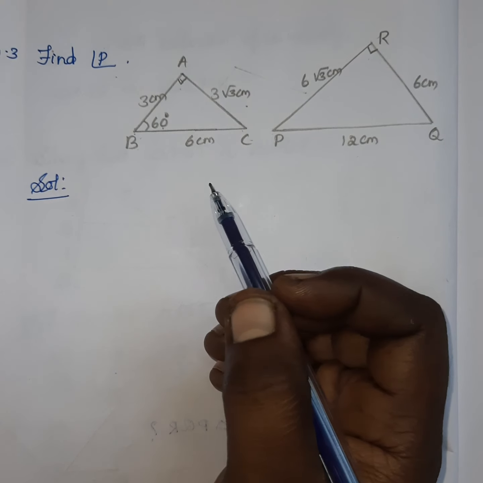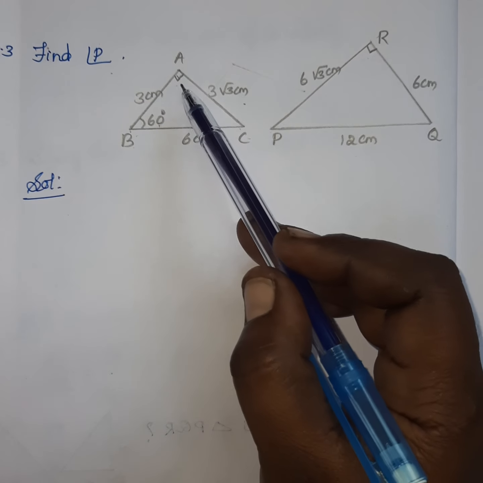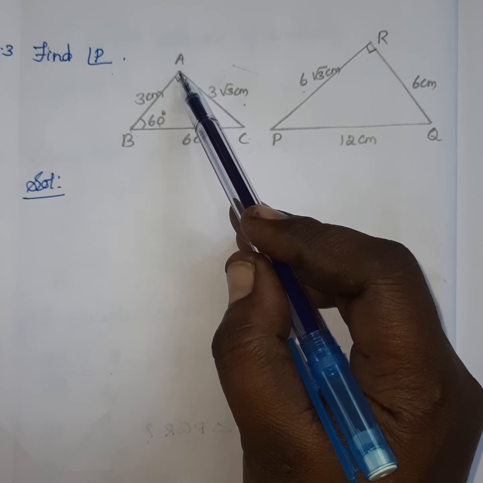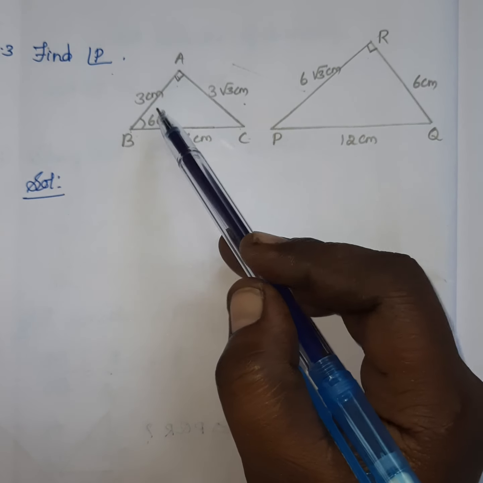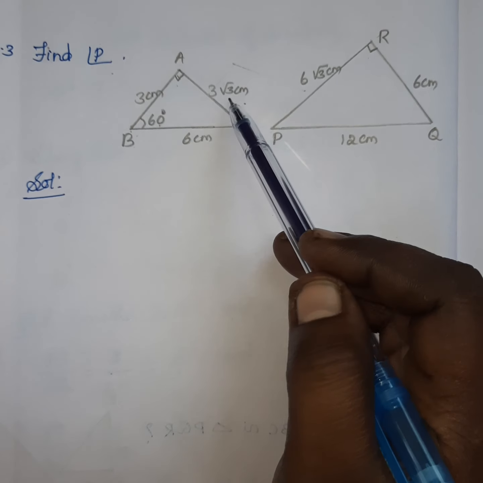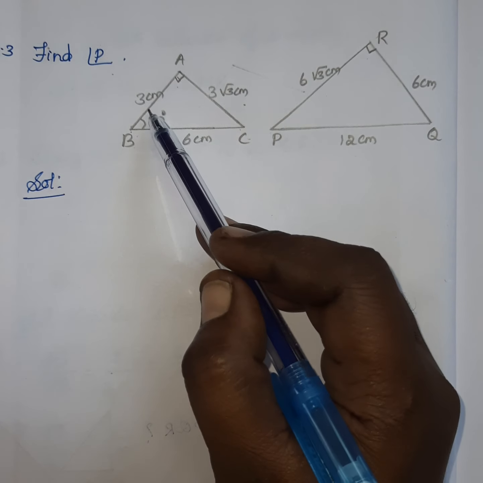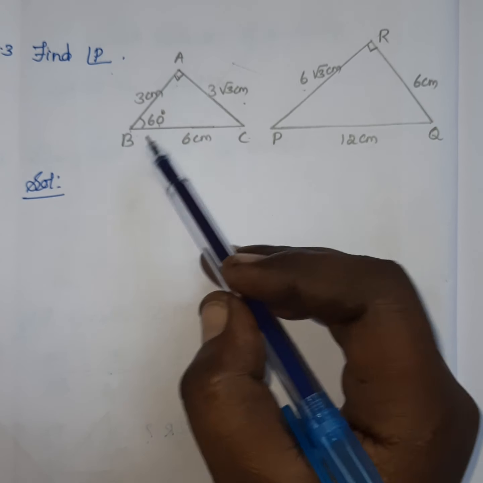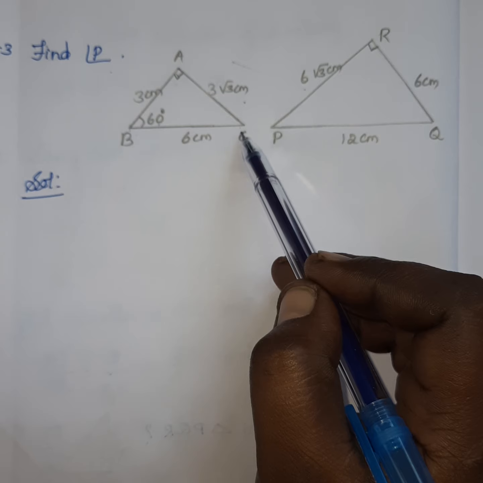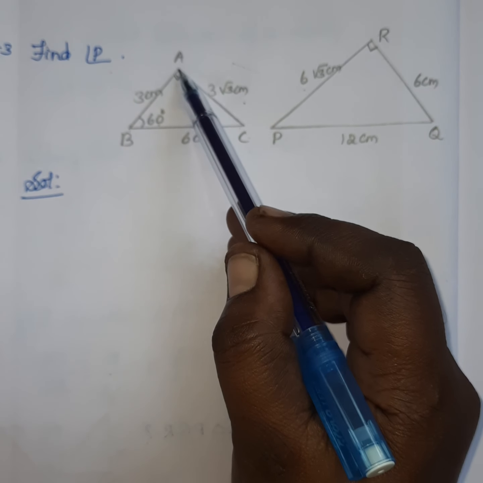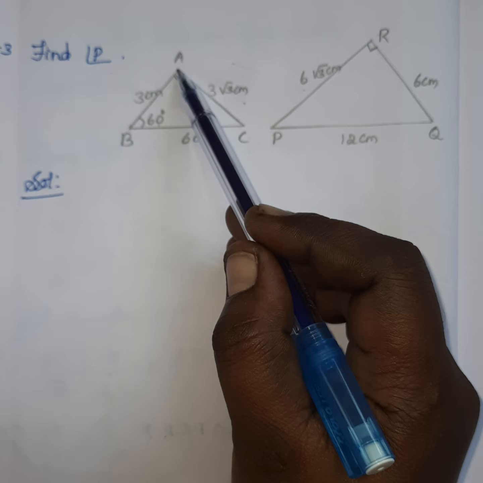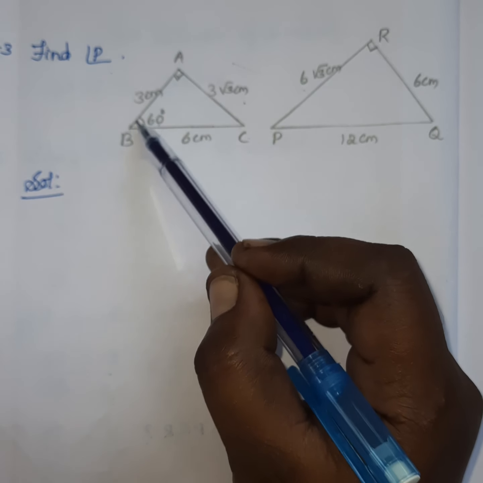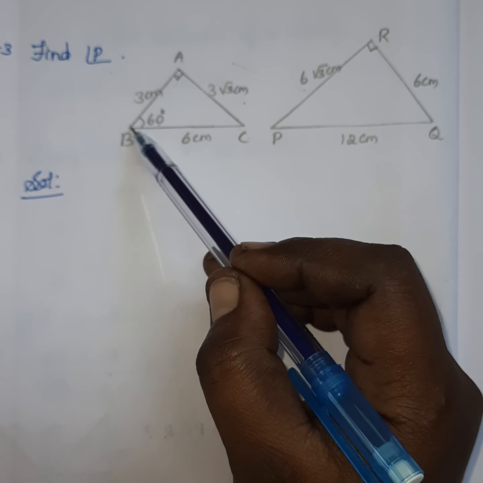Okay. So watch the measures of the triangle. Angle A 90, angle R 90. So from angle A we can start AB. These three measures 3 centimeter, 3 root 3 centimeter, 6 centimeter, 3 centimeter is smallest side. Since A is 90 degree, we know BC is the hypotenuse. So here angle A, from A vertex we are starting, and we are considering the smallest side. So AB is the smallest side.